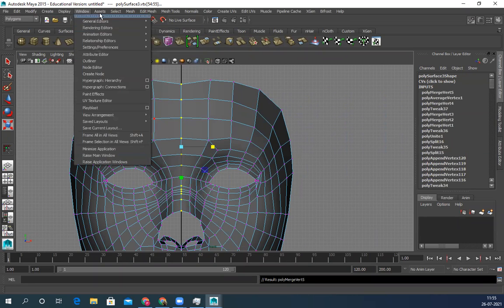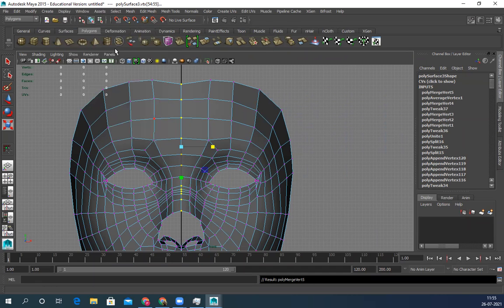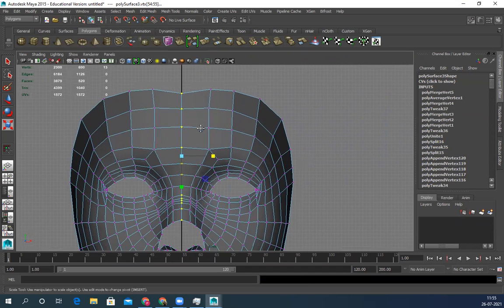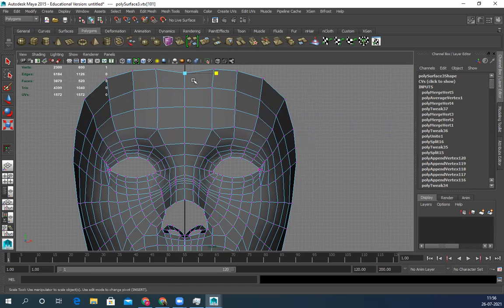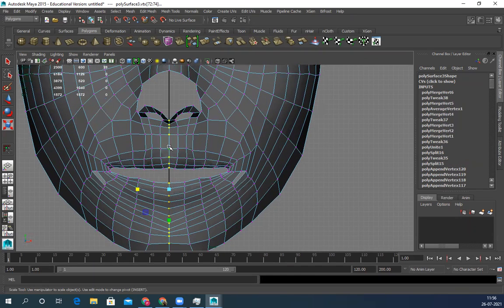Let me switch on the heads up display. Poly count. Yes. Now it's welded. Shift right click to merge vertex, merge vertex. It's not reduced. Okay.